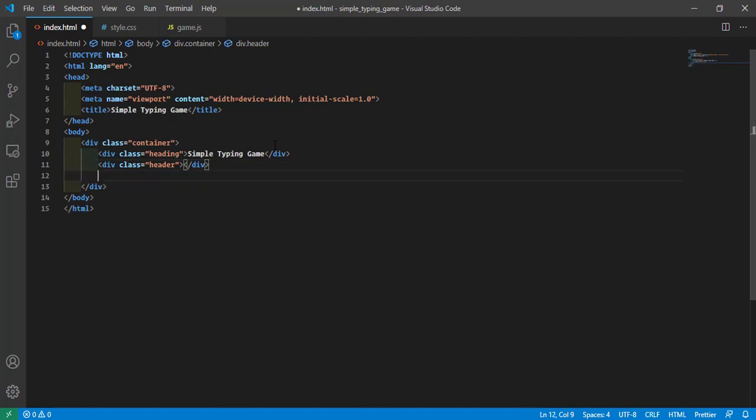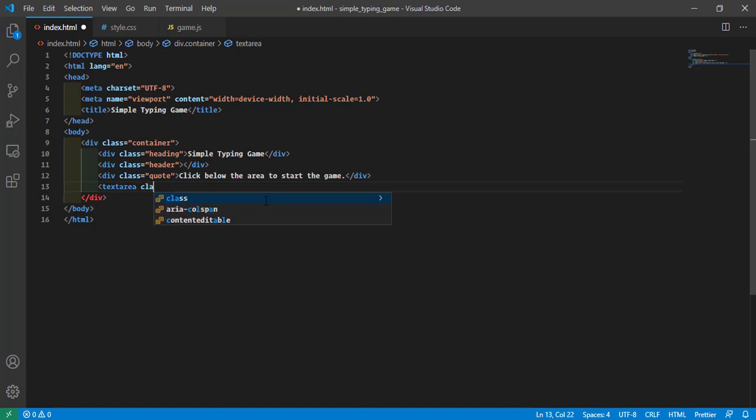So before doing that, I need to create some more div elements. First one, that is quote. Here we are going to show our quote element which they need to type. So here I'm just going to make it say, click below the area to start the game. Okay, now we need to have a text area where the user can start typing. So the class name, we're going to give it as input area,